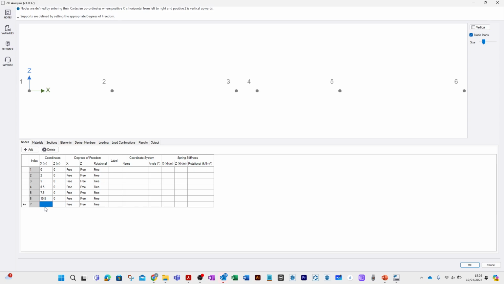Right, and then the last one, I think it's 11.5, up 0. So far, we've got no support reactions. Let's put some support reactions in. Number 2 will be fixed and fixed. There, we can see that's a small triangle. The next one's going to be